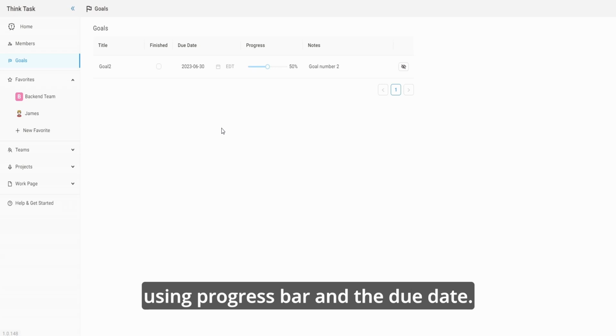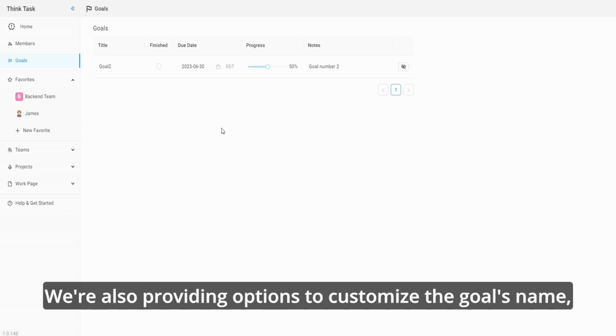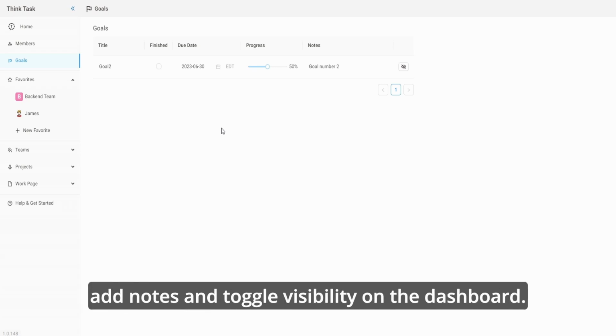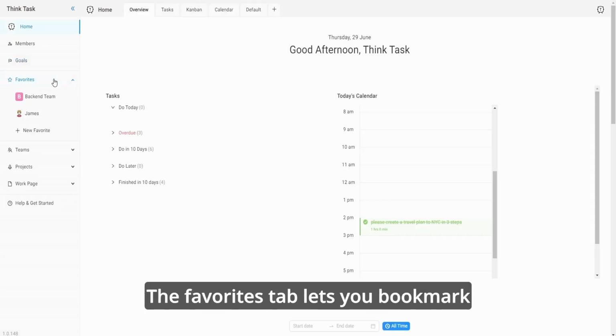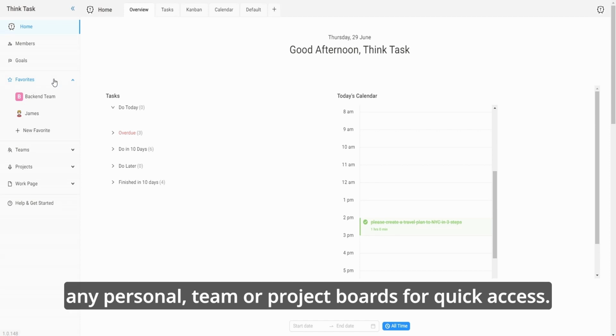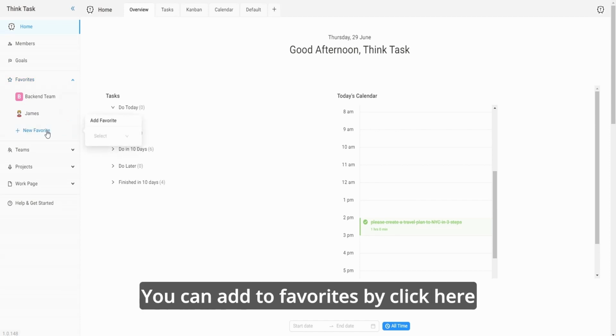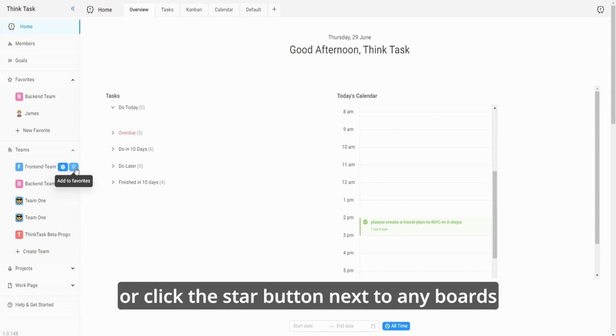bar and the due date, while also providing options to customize the goal's name, add notes, and toggle visibility on the dashboard. The favorites tab lets you bookmark any personal, team, or project boards for quick access. You can add to favorites by clicking here or click the star button next to any boards that you want